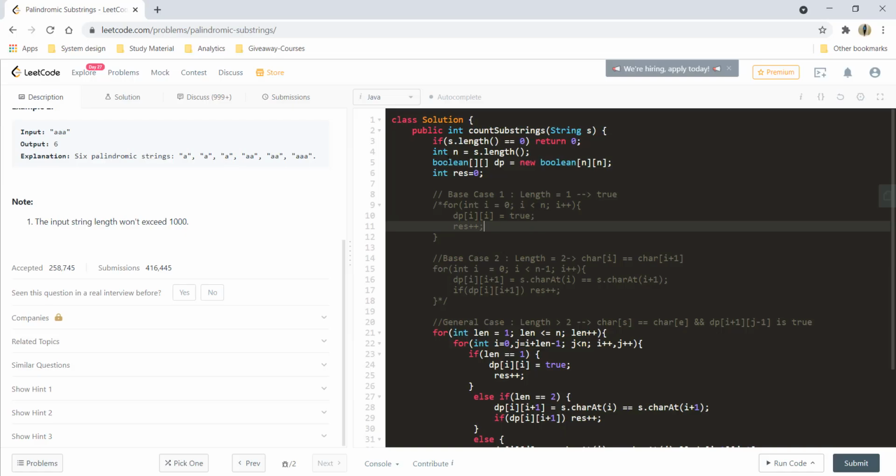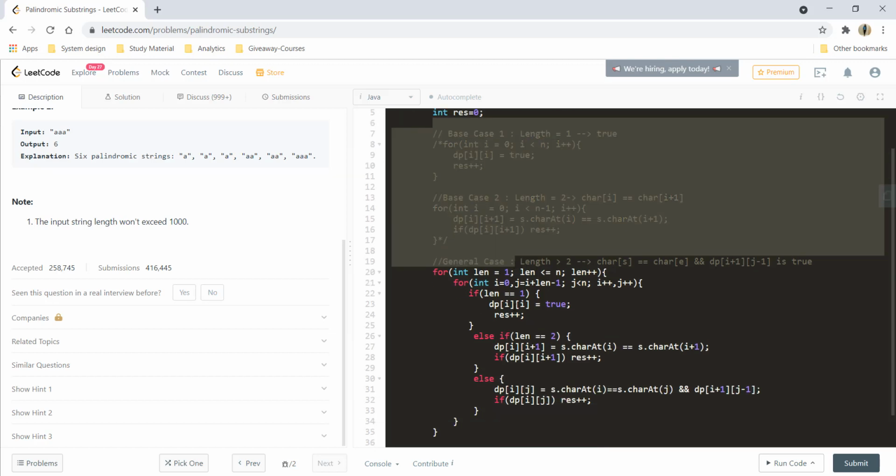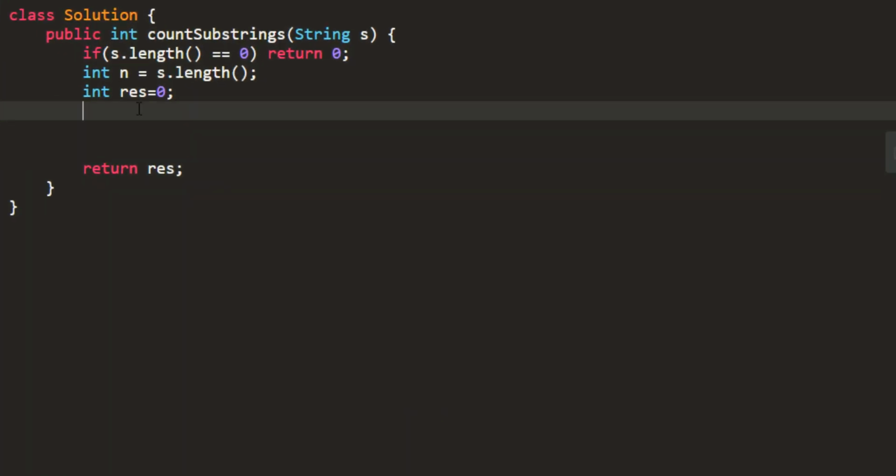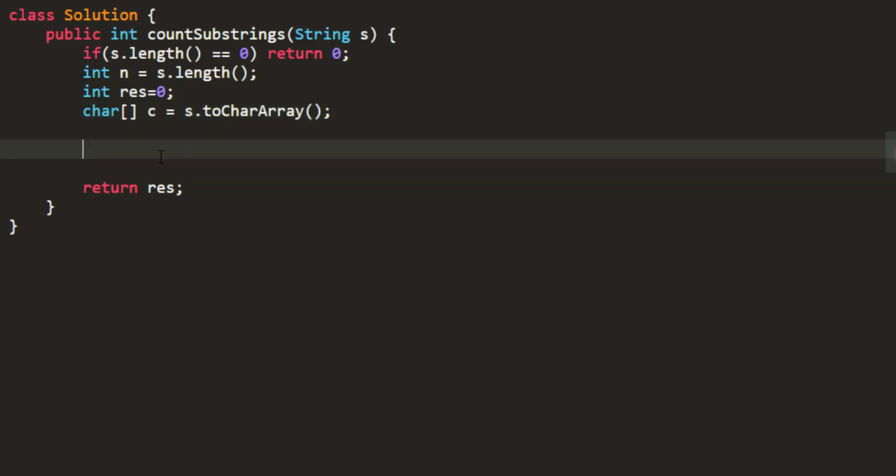So in this approach also you would be needing this particular condition, and you can take this array out and I'll be deleting all the code now. So over here let's take a character array, and now we'll take a for loop over our character array.